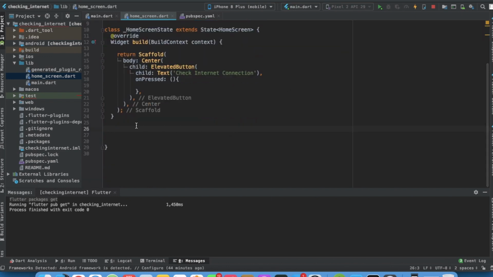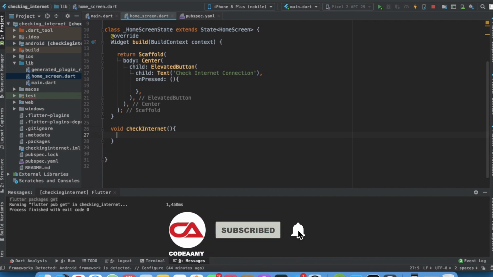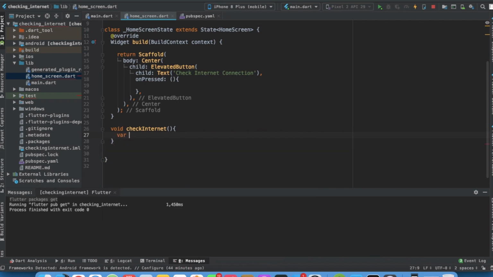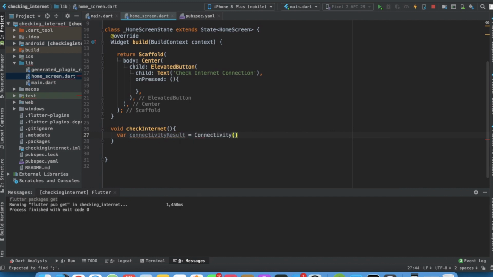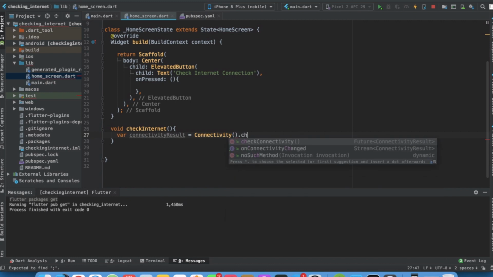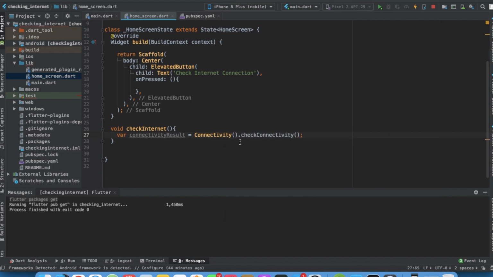Let's create a function called checkInternet. In this function we will check for our connectivity. So we'll create a variable called connectivityResult equal to connectivity.checkConnectivity. Okay, so this is the function. We have initialized our connectivityResult with checkConnectivity.